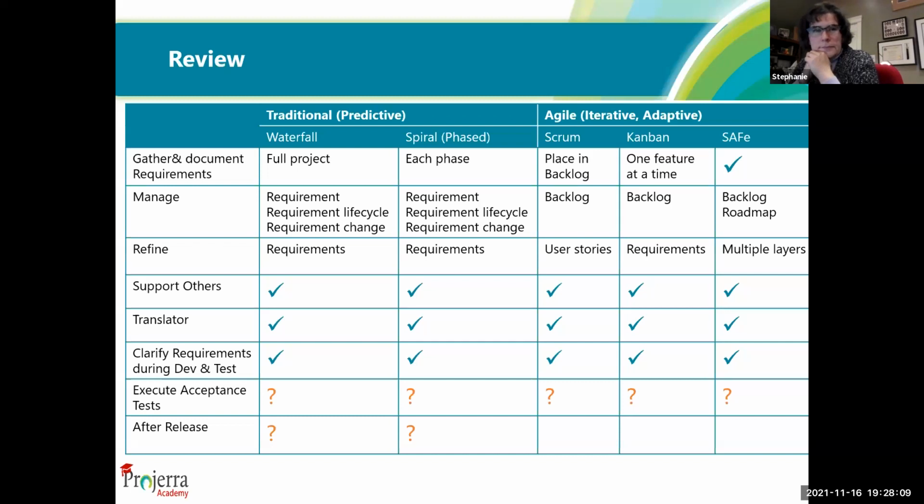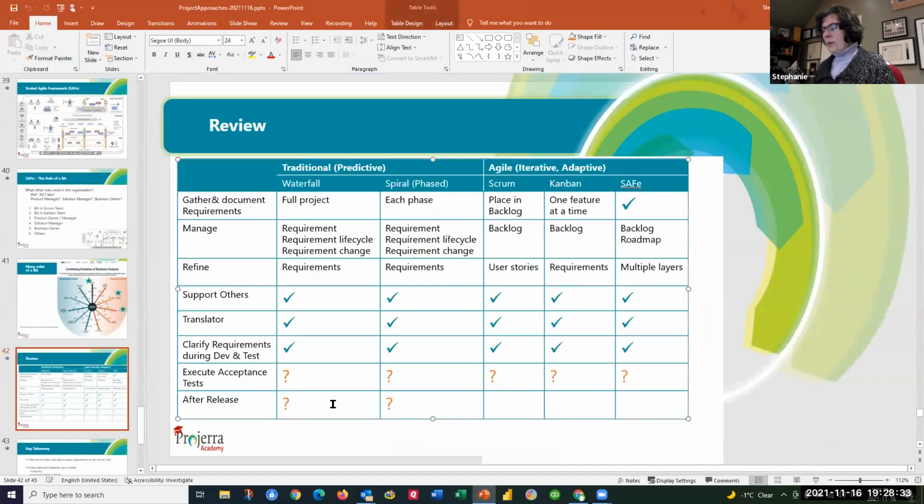And the after release ends up being bugs entered into the backlog and prioritized and groomed as part of the backlog grooming. And then they get mixed in with the sprint. True enough. Yes. From that point of view, the after release is very much a part of our hybrid agile approach.